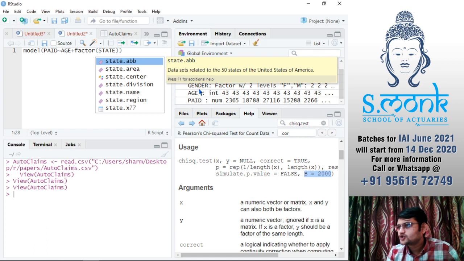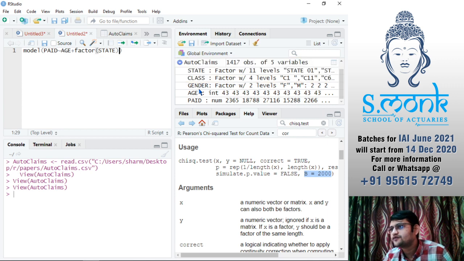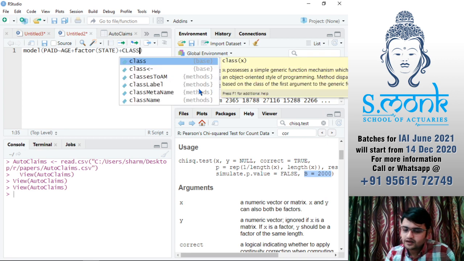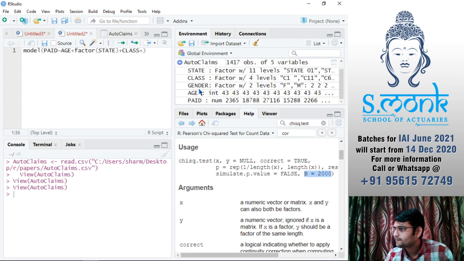If state was given as numbers, but we wanted to take it as a factor, you would write factor and then state. Because this is already a factor, you can just write state as well, but I was just showing you how to do it. I'll just write class and I'll just write gender. This becomes nothing but my model.